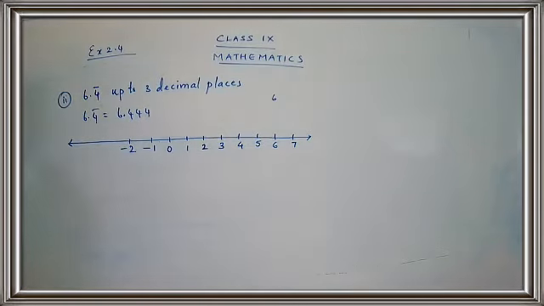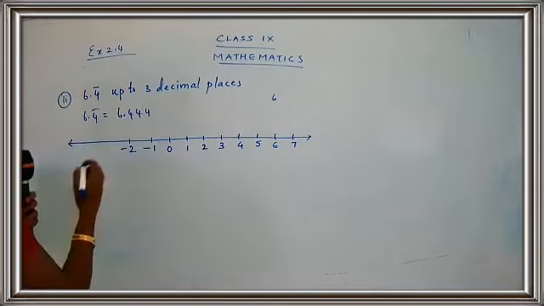So draw fast, children. Draw a number line. -2, -1. Then you have to take the positive sides also. 0, 1, 2, 3, 4, 5, 6, 7. Because the first number is 6, I have to take the next number also. What is the next number of 6? 7. So plot 6 and 7 also on the number line. Have you completed, children? Okay, good. Come on, let's draw the next one.